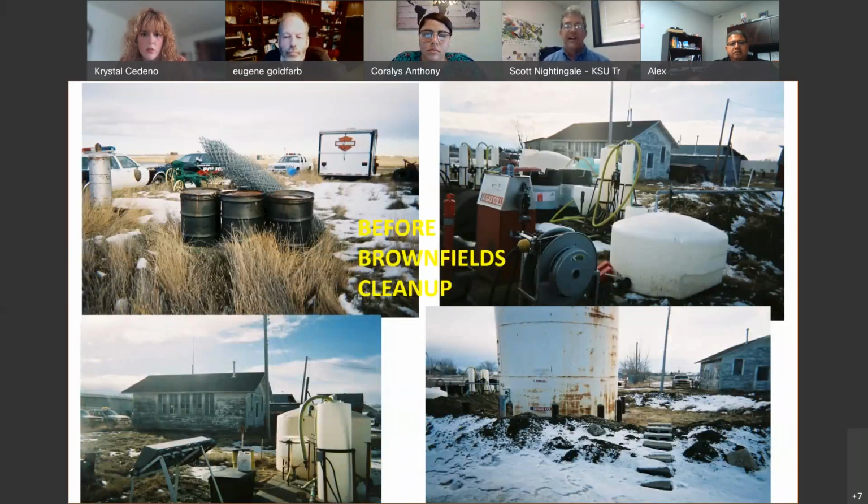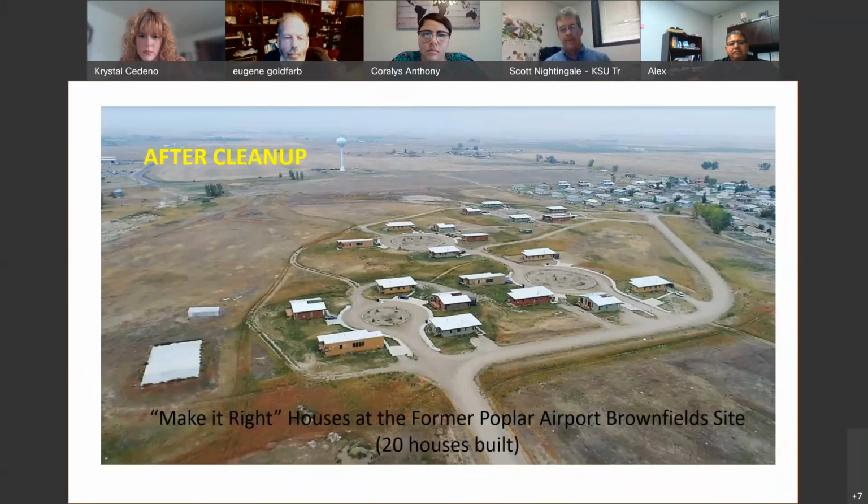And that was what was there. Once an airport gets abandoned, it kind of just accumulates stuff. Not all of it too pleasant. You have fuel tanks, you've got drums. Next slide, please. And that is now housing. After some work in combination between the Brownfields assessment, and they did get some cleanup funds, and then the housing department stepped in and used that, and now it's being used as housing.